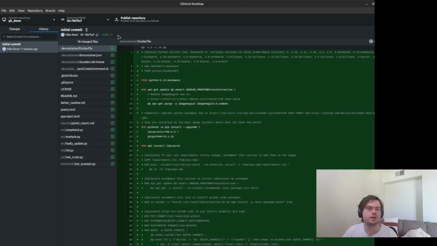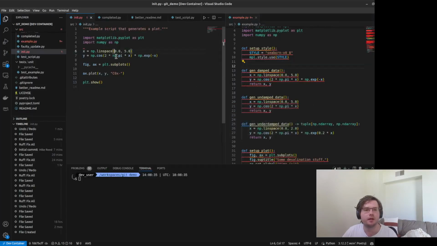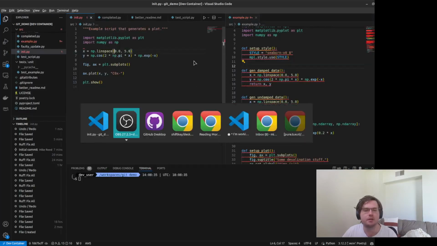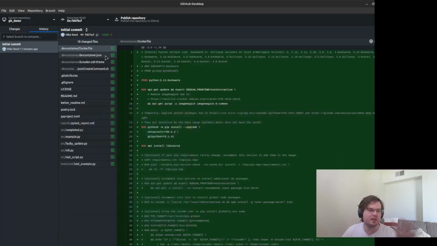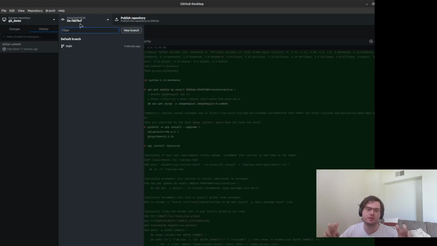So now, just as a quick explanation of how we get back to where we were before. If we want to take our file and make it still have the setup style, that other version is no longer available. That's just because we're on a different branch, because we're on a detached head. Don't worry about what that means.